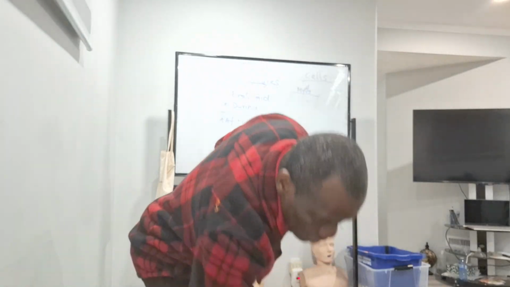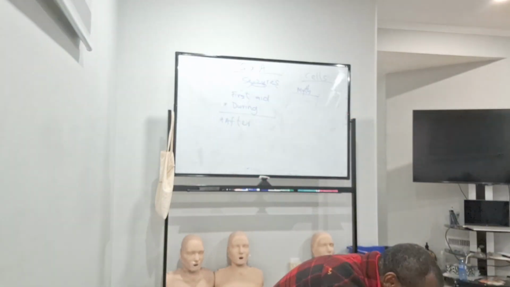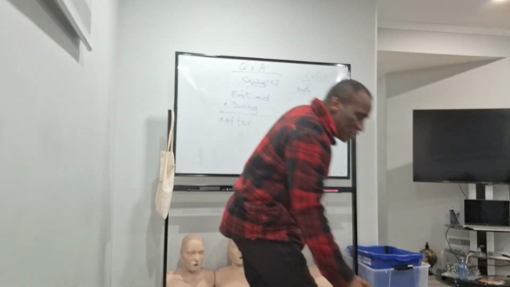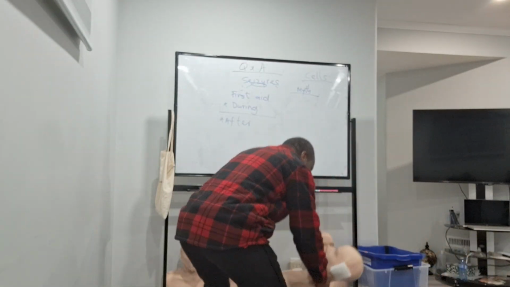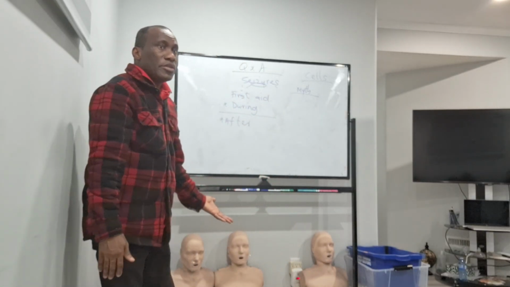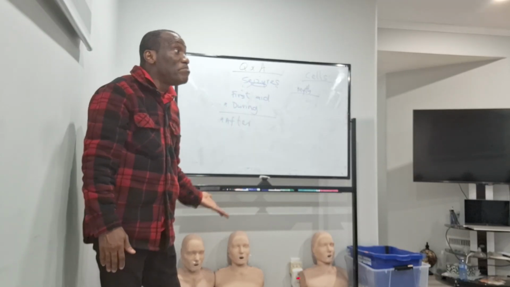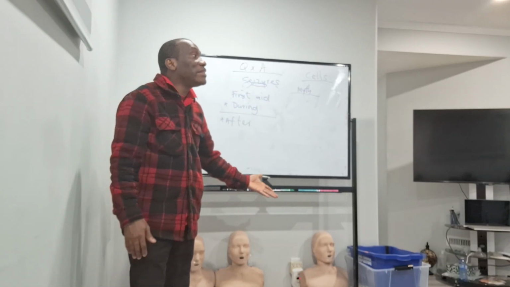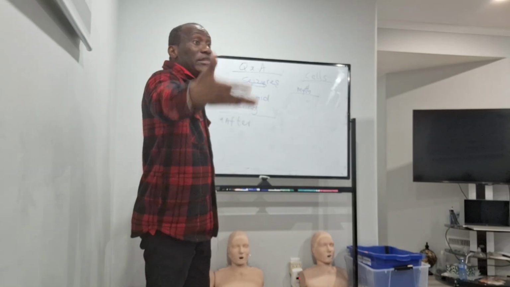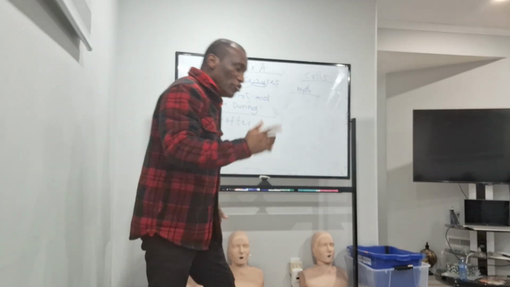Another thing you can do for this person is to take something soft and put it under the head, because, remember, you need to protect the head. Just imagine somebody having seizure on a hard wood like this for 2 minutes and they didn't protect the head. What do you think may happen? Brain injury. The person may bleed. That's the reason why some people even die from seizure. You don't know what killed them. Maybe an injury they sustained, a medical injury or something that happened during that seizure. So you need to protect